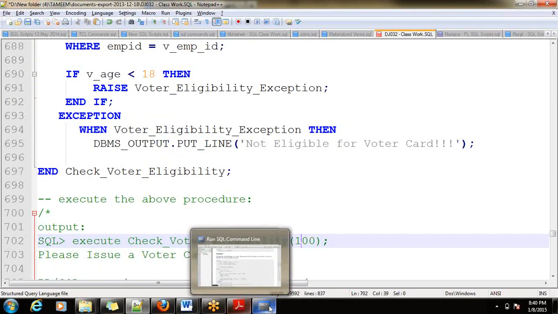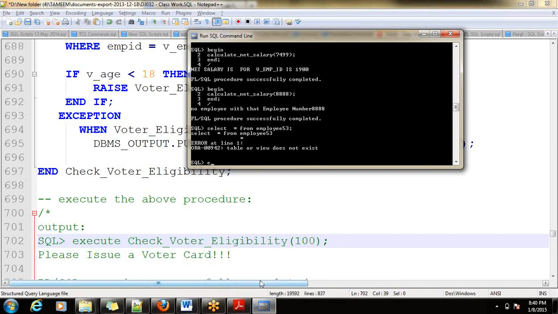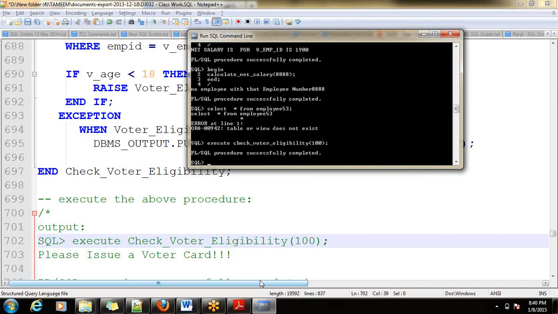Let me execute check voter eligibility. To this I am going to pass 100. So the procedure executed successfully.